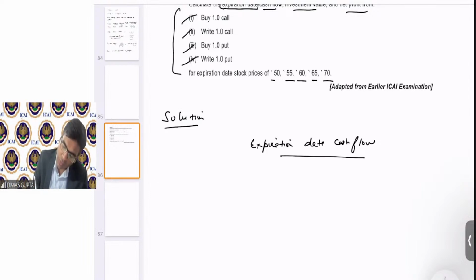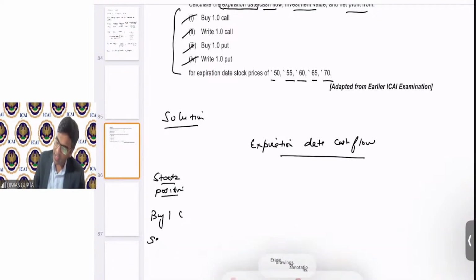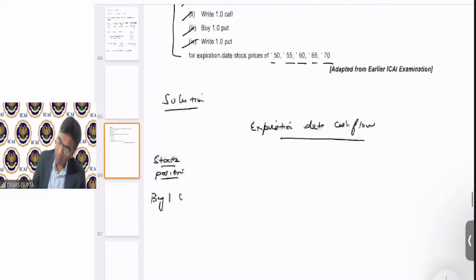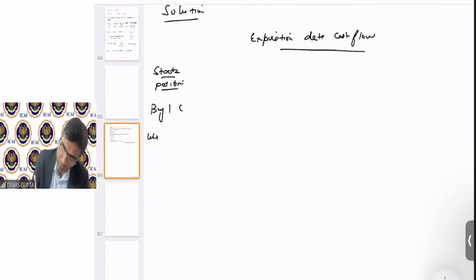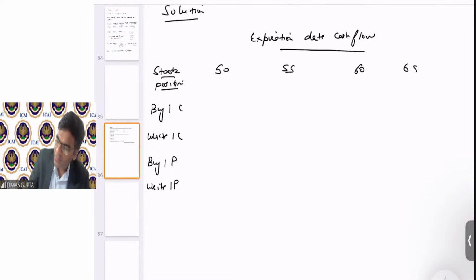Okay. So let's take stock positions here. Buy one call, or write one call. Second option is write one call. Then buy one put, write one put. And the price here is 50. Then it is moved to 55. Then next is 60, then 65, then 70. So students,